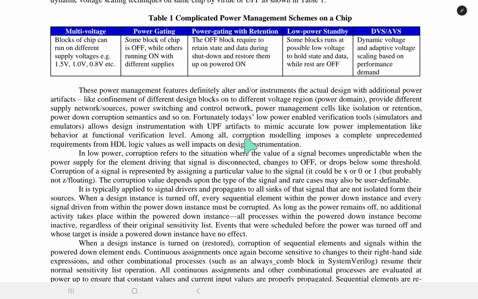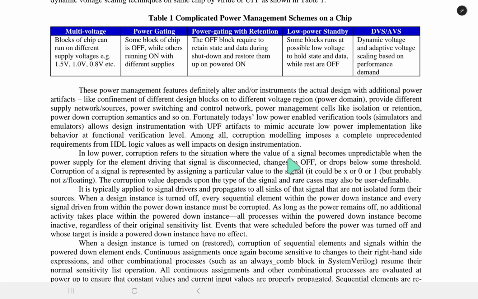Among all, corruption modeling imposes a completely unprecedented requirement on HDL logic values, as well as impact on design instrumentation. In low power, corruption refers to a situation where the value of a signal becomes unpredictable when the power supply for the element driving that signal is disconnected,